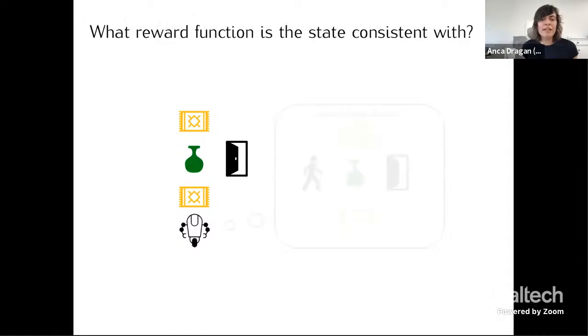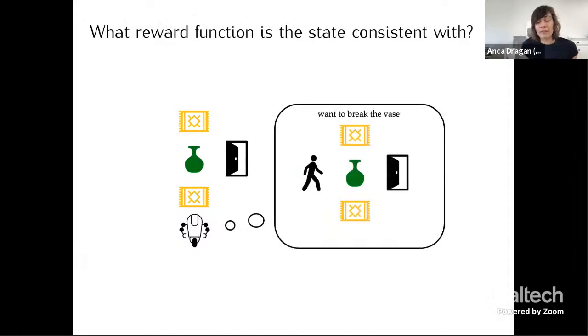And so what does that mean? It means that the robot kind of thinks back and simulates the past and says, if the person wanted to break the vase, they would have gone through, and that would have resulted in a different state than what I see now. It will result in a broken vase. The vase is not broken, so they probably don't want to break the vase. If they didn't care about the vase, they would have gone through, again, inconsistent. If they wanted to not break the vase, they would have gone around, and that's consistent with the state that I see now. So that's roughly what's going on.